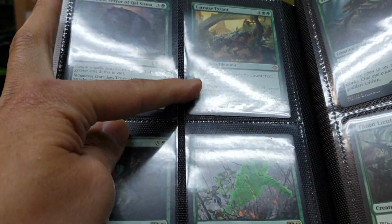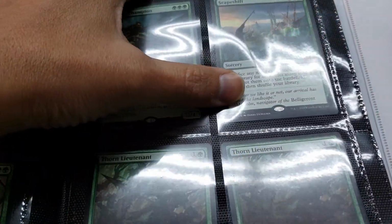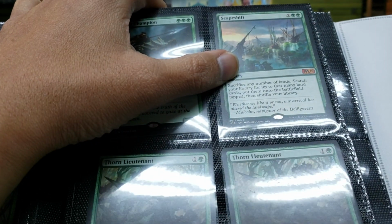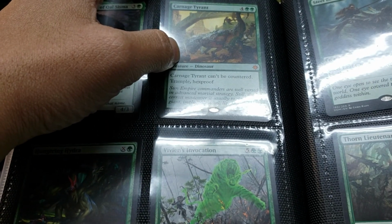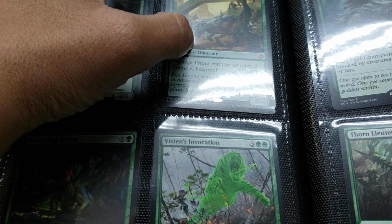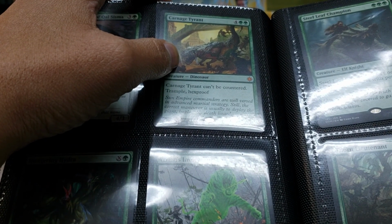Carnage Tyrant. So the reason why Harrison would be impressed with this collection, because a lot of new people wouldn't know that they should hold on if they get a Skysovereign. Because as long as they don't reprint it, which I don't see them doing anytime soon, this type of card will slowly creep up. I don't know if this will see Modern play, but for right now, you want to be trading cards that are Modern playable, which are other formats. So you should be using this $20 card and see if people will trade you Zendikar fetch lands,